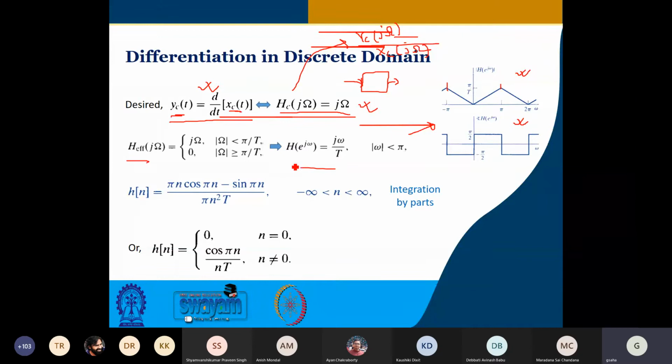Now, when you are integrating it, I'm not going into that, and it is left to you to work out, but it is done by integration by parts. Then if this is your H(e^jω), the corresponding h[n] is like this, and that turns out to be 0 for n equal to 0, and cos(πn)/(nT) for n not equal to 0. So having known h[n],